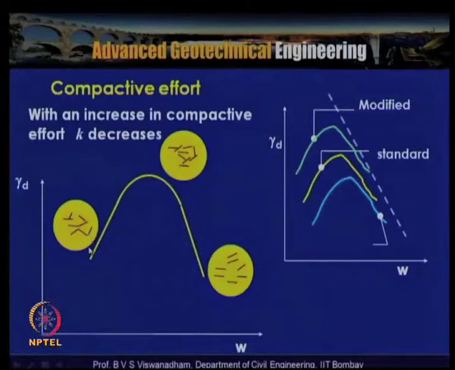As the water content is increased, you can notice that the soil fabric changes from a flocculent structure to a dispersed structure. In the process of compaction, the particles undergo rotation by about 90 degrees, so that once they reach the wet side of optimum they start getting arranged parallel to each other. So on the wet side of optimum the predominant soil structure of compacted soils is dispersed in nature.